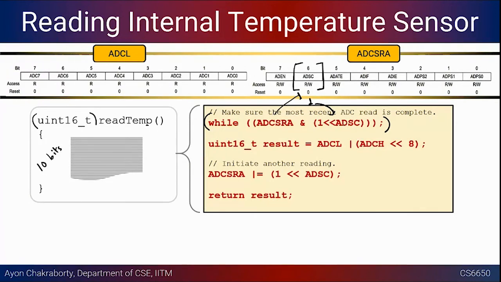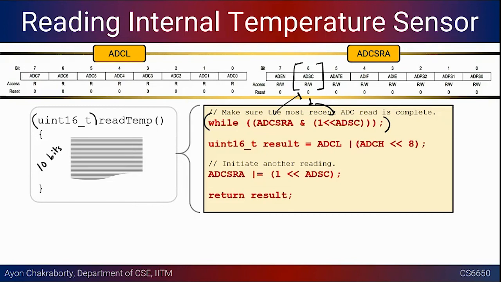Okay, so this is like a busy wait, right? Where we are waiting for the ADSC bit to be set. This makes sure that the analog to digital conversion has finished and the results are written to the data registers. If you look at the manual, you will see that the things that happen on completion of the conversion are all stated. So the data is also written to the register, and now you can be sure it's safe to read the data.